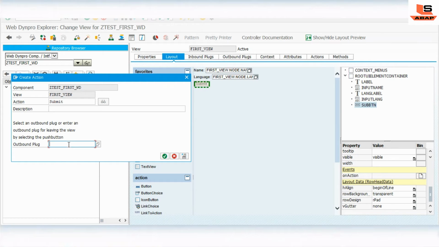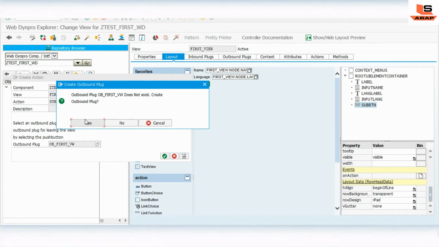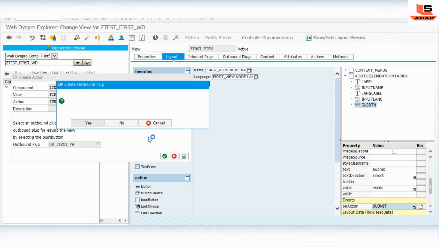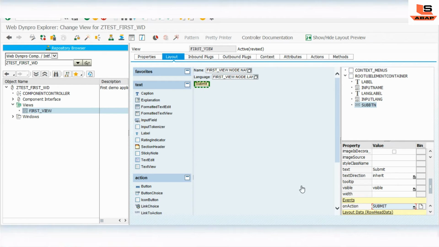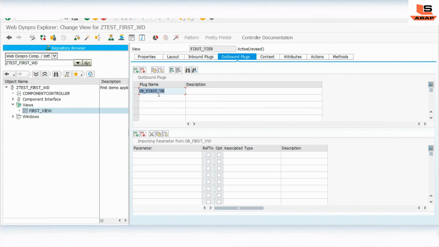I will give the name outbound plug of first view. Create, yes. When you create the outbound plug, as you can see here, the outbound plug is created.